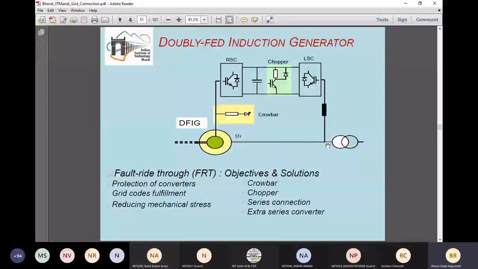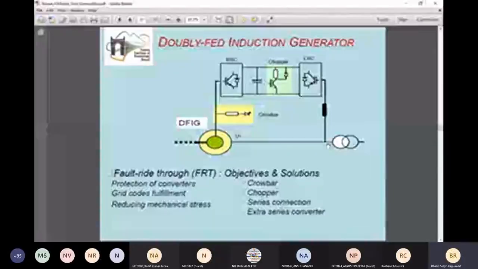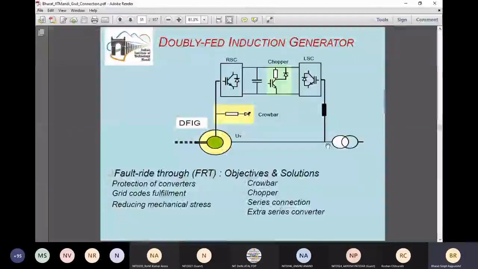Okay. So during abnormal condition, one possibility is that when the crowbar is in operation. During that time, the overall rotor circuit is now disconnected from the DFIG. Fine. So DFIG is now a simple squirrel cage induction generator. During that time, the line side converter has a connection to the AC side, which is connected to the grid, and it has a DC link capacitor or DC link voltage also there. It is just simple as a static compensator. Have you seen a static compensator or active power filter? So this will act as a static compensator.